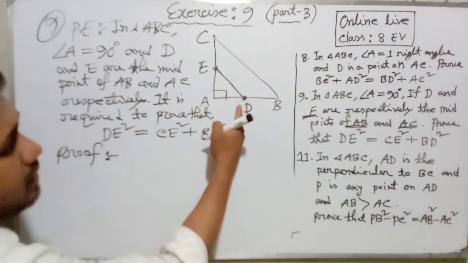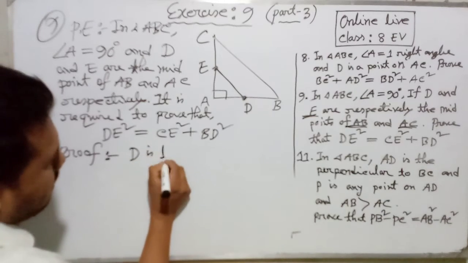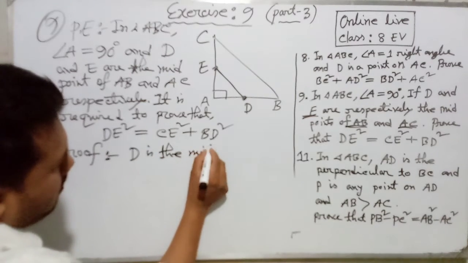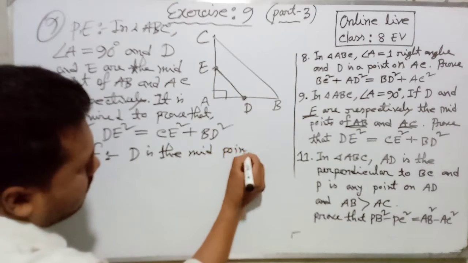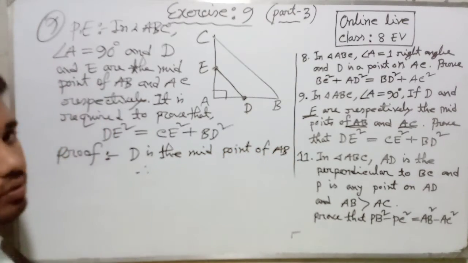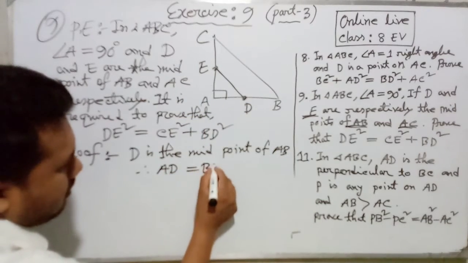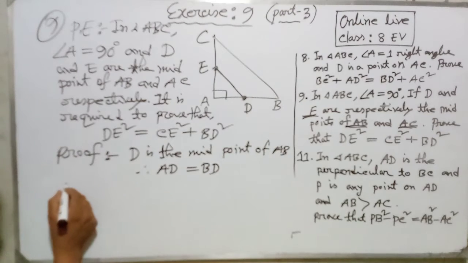Dear students, here D is the midpoint of AB. Therefore, we can write AD equal BD. So we can write AD equal BD. And